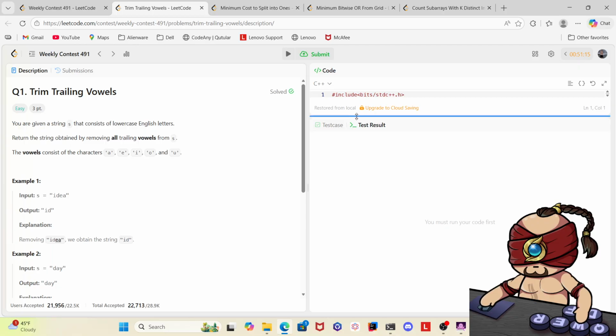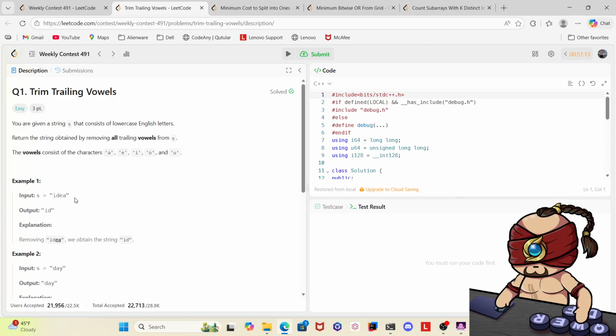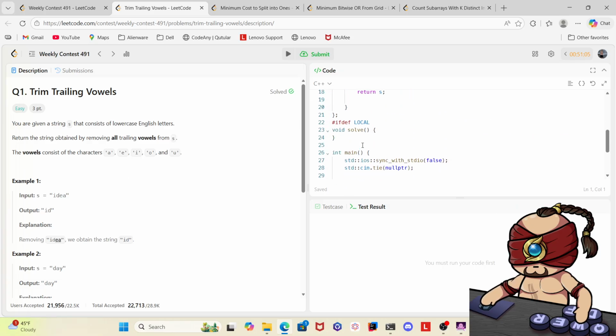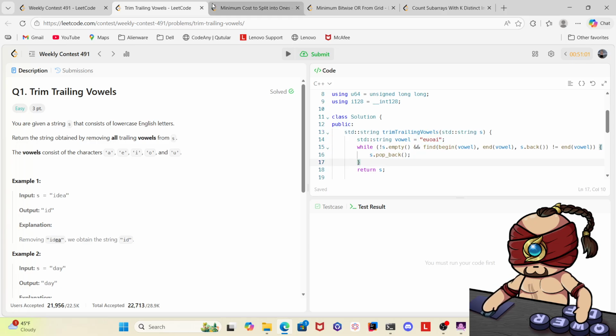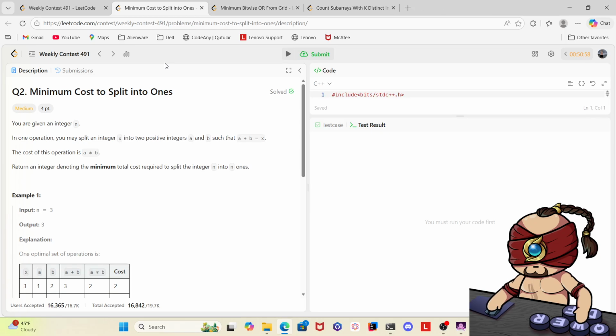So Q1 is you just remove the trailing vowel. I believe it's fairly easy. Yeah, you can just do it like this. Okay. For Q2,